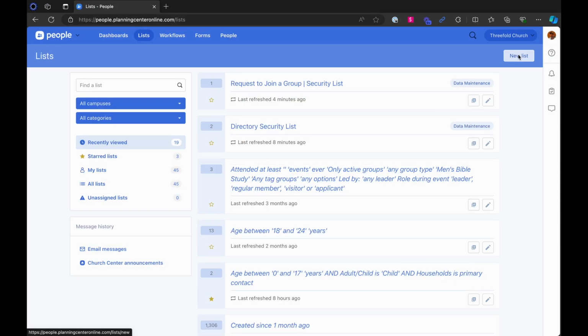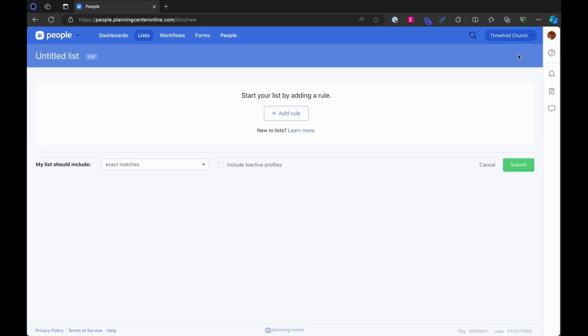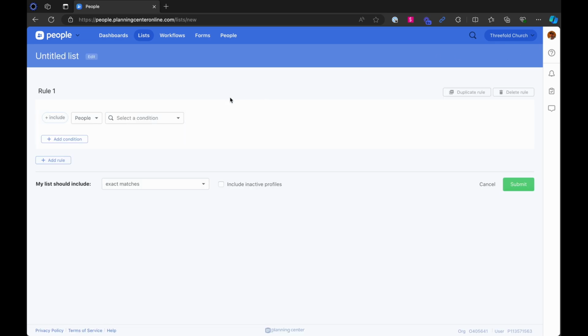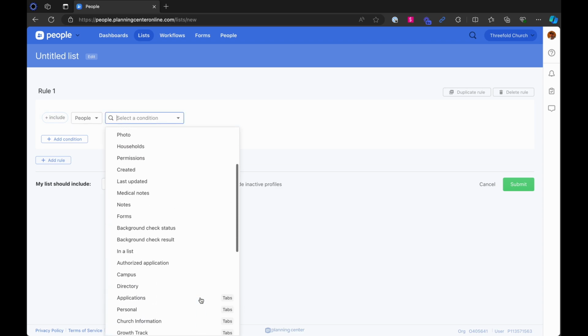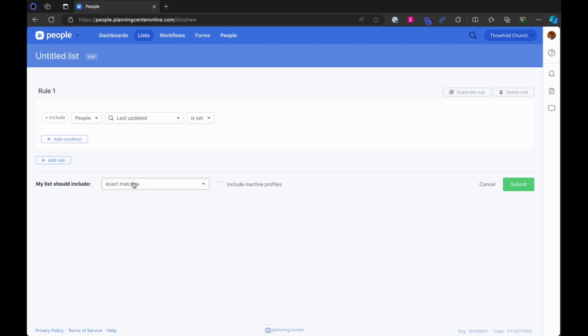Here's one more list we can look at. Now, this list will help you determine who has the ability to log in to one of the apps within Planning Center. So this is a really quick one, but let's start by adding a new list, and let's start with people, and let's look for those people that have been updated recently. So let's go back up here to the top, go to last updated,